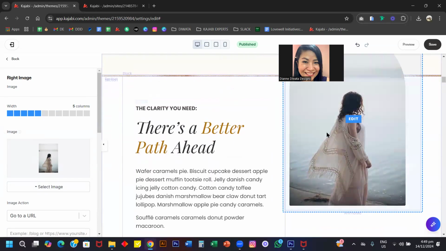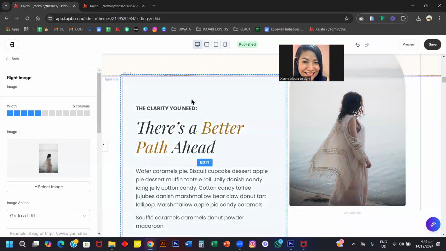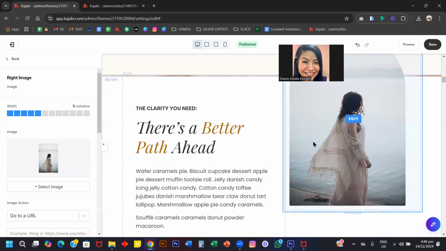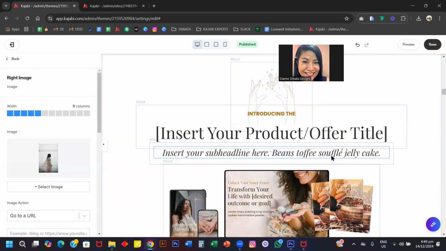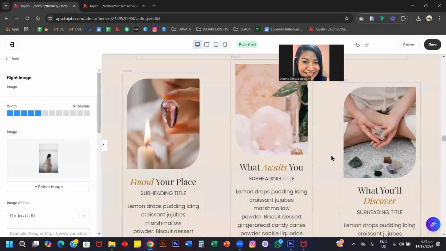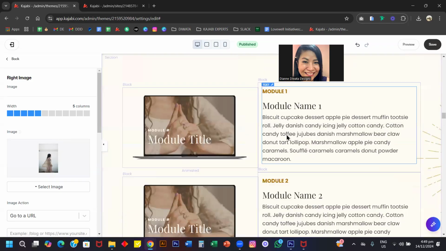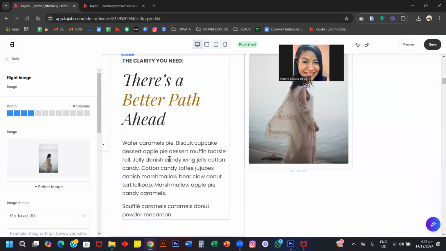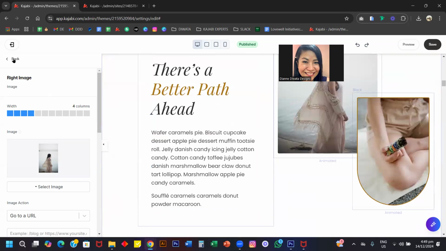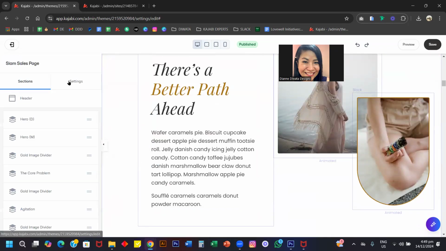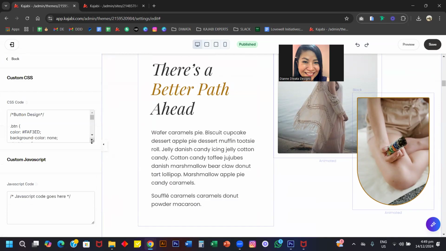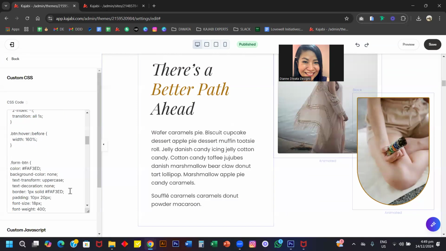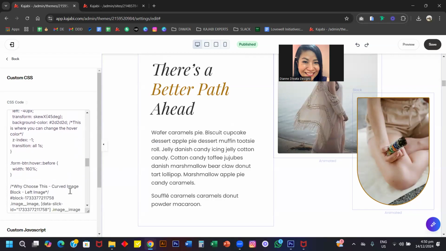So you'll also notice that this image block here is in square. This is actually coded so that when you upload an image, it's already shaped like that. There are more images like that here, like this. And don't worry if you don't think that this is necessary. What you can do is, let me just put it back to where it was. Let's just go back to the custom code and then just expand this. Right below the form,